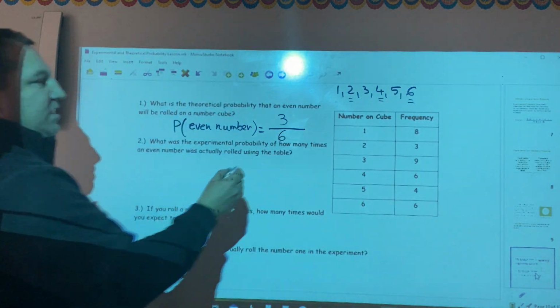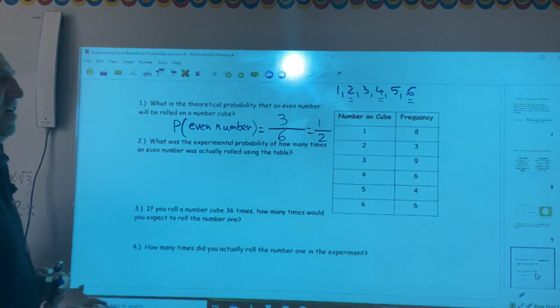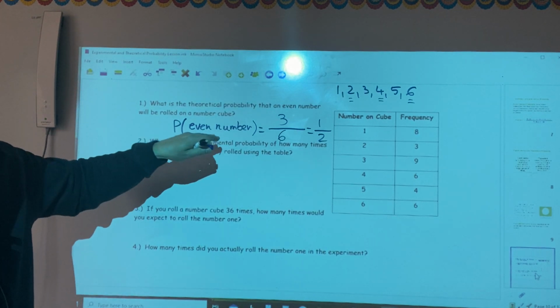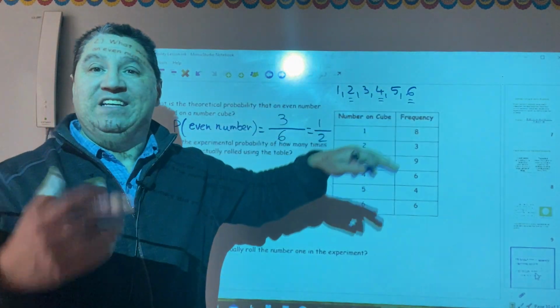Now, if we simplify this fraction, you'll get 1/2, or 50%. So that's the probability of getting an even number when you roll a dice